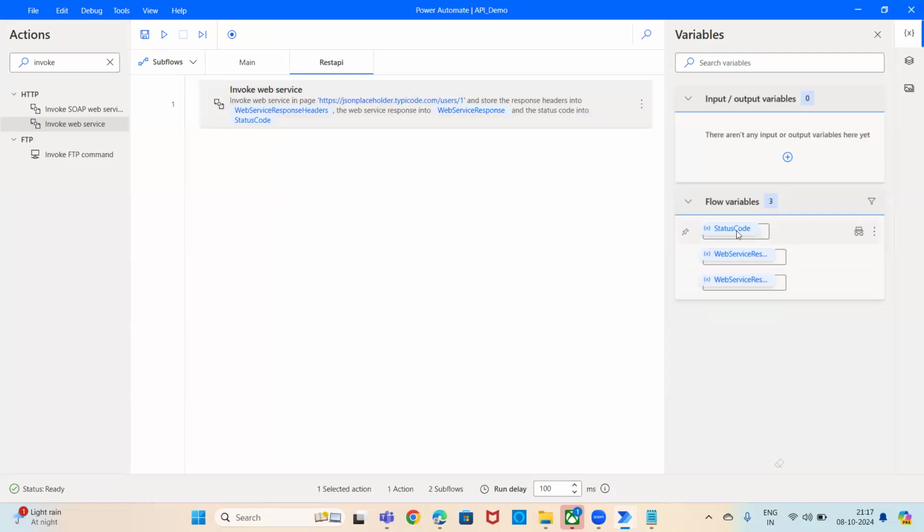Okay, so 3 variables are created. Web service some headers, it is metadata. This is not required. Some metadata in the API that will be coming as output. It's not required for us. And web service response, this is the main thing. So here you can see some data, right? This data will be